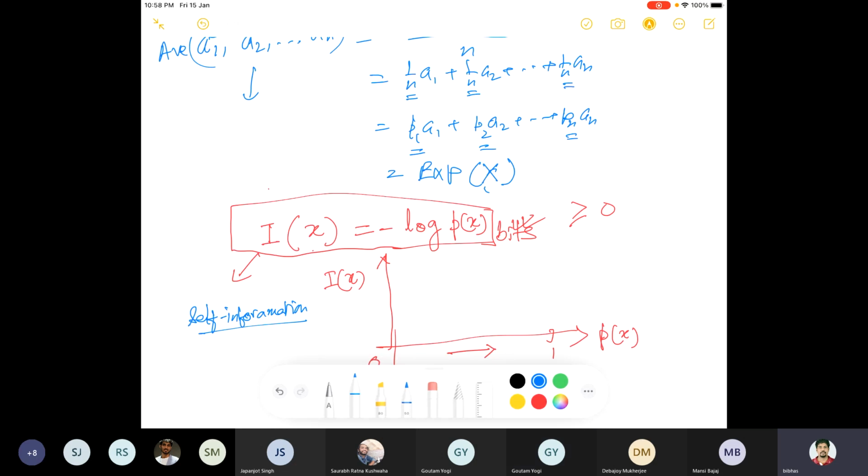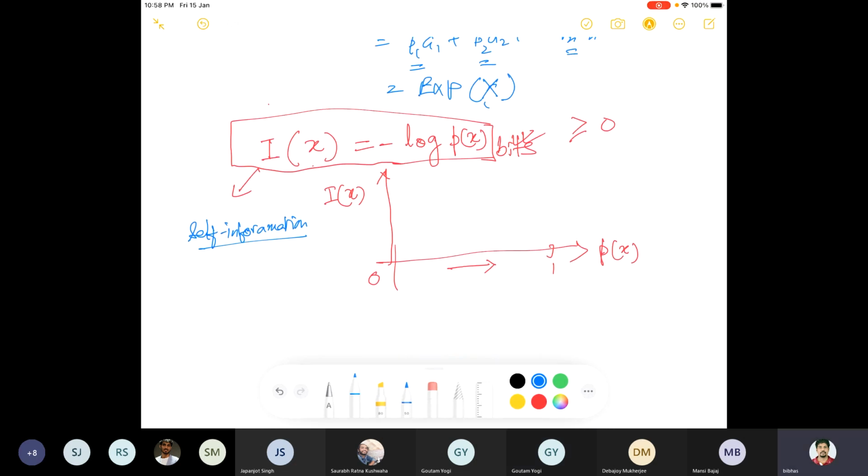Now what happens is it can be defined for any x, because let's say I throw a die, and let's say this is a 6-face die. It's kind of a die which you use in Ludo. Now, if I say 6 occurs or 5 occurs or 4, whatever it is, it could be an unbiased die, it could be a biased die. So then based on that, you'll have certain probabilities, P1, P2, up to P6. Now, for each outcome, there is a value associated with it. There is an uncertainty associated with it, which is measured by the quantity self-information.